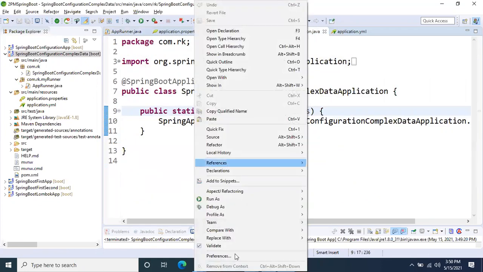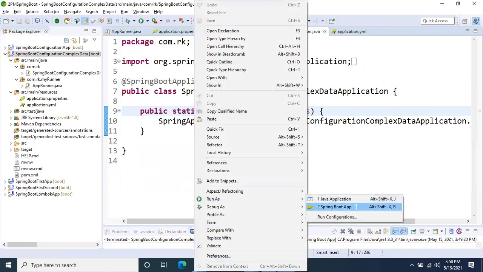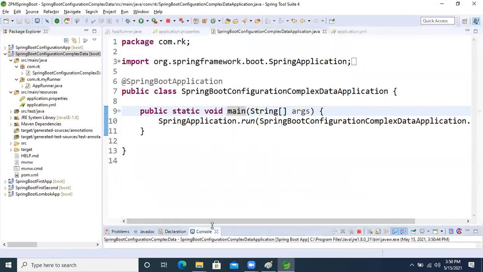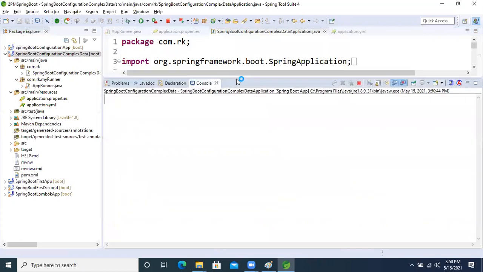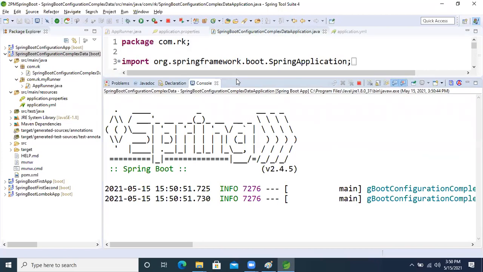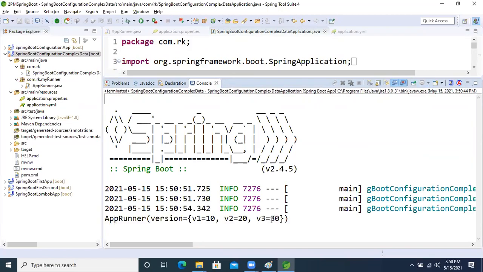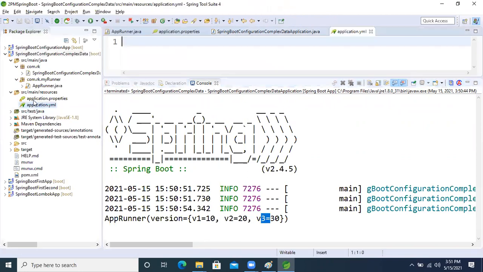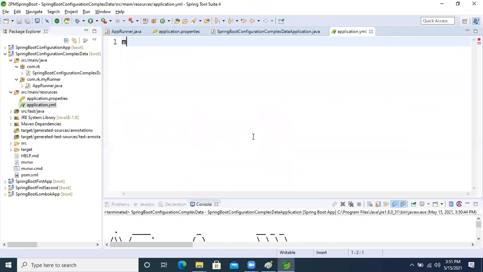Now right click, run as. Now we will see that. See that, version V1 10, V2 20, V3 30. Now write the same thing in the property YAML file, right? YAML file. So how can we write it? My colon,